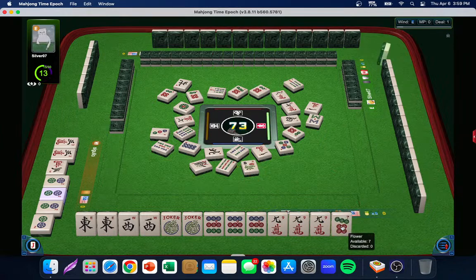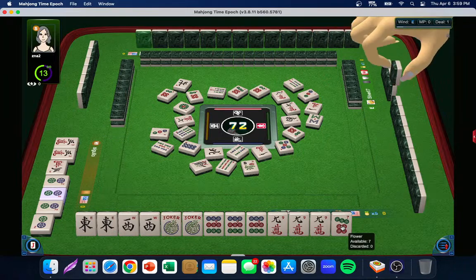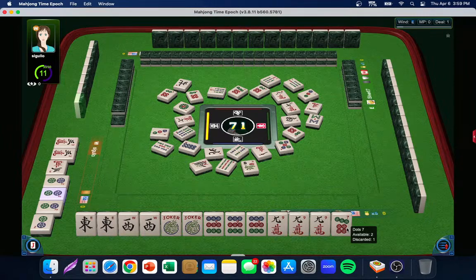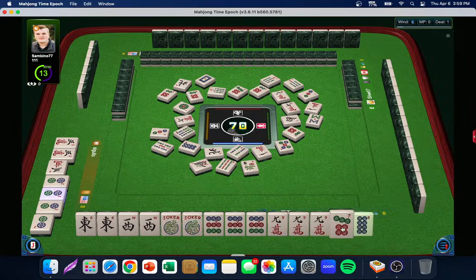Flower. 3 dots. Okay, so 1 dot already went out, 7 bamboos. So that's good. And it, White dragon. I guess it could be a 2, 3, 2, 3, but they didn't want the 3 dots, so...